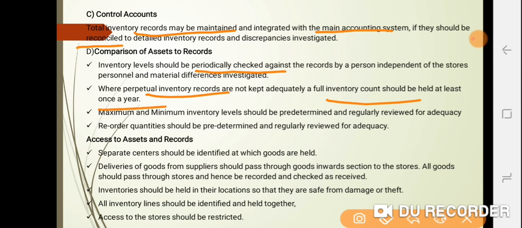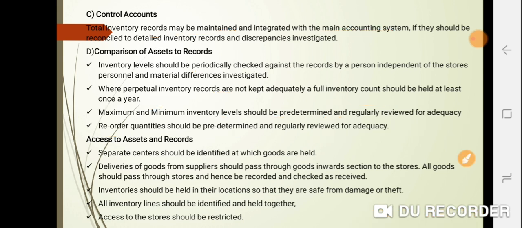Okay, then maximum and minimum inventory levels should be predetermined and regularly reviewed for adequacy. Then reorder quantity should be predetermined and regularly reviewed for adequacy. So this is all with respect to comparison of assets to records. Okay, then assets and records. See,